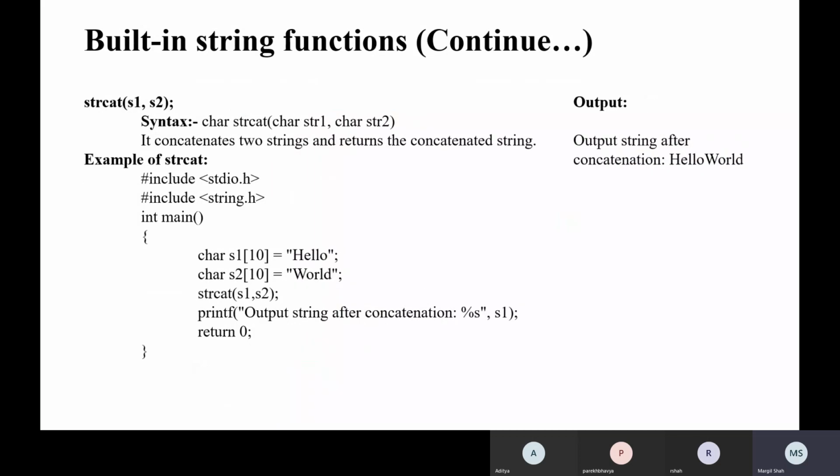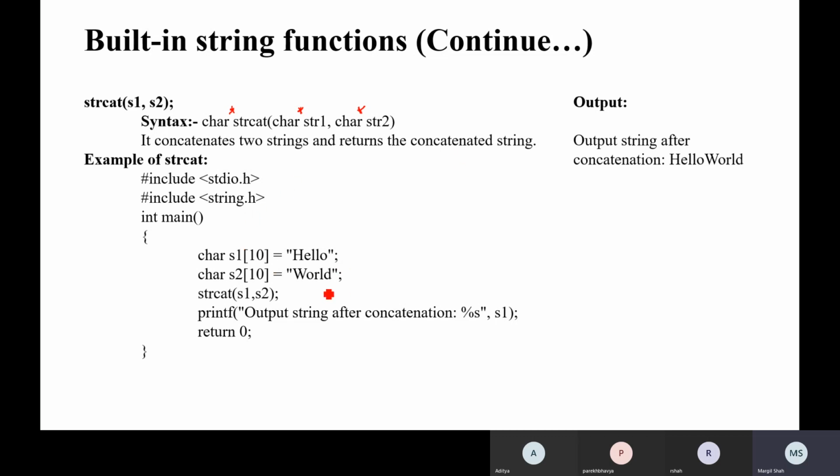Now we will move towards the string concatenation function, strcat. The star is there as a part of the syntax. It concatenates two strings and returns the concatenated string.